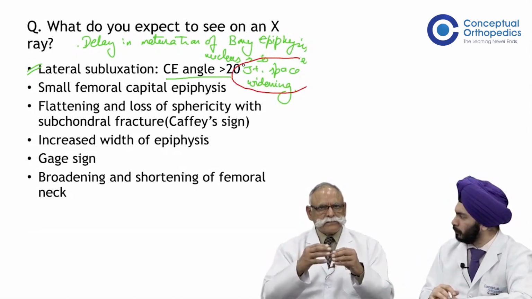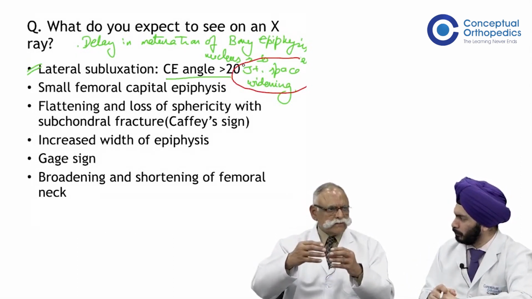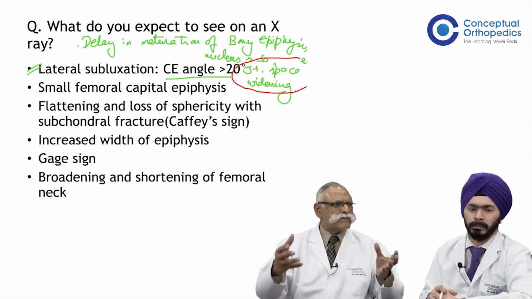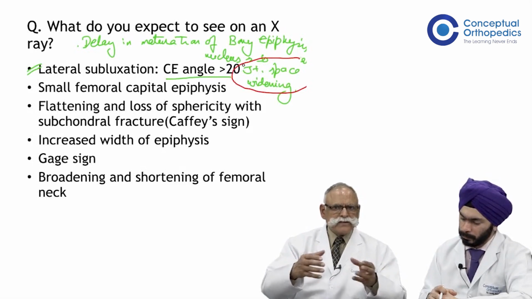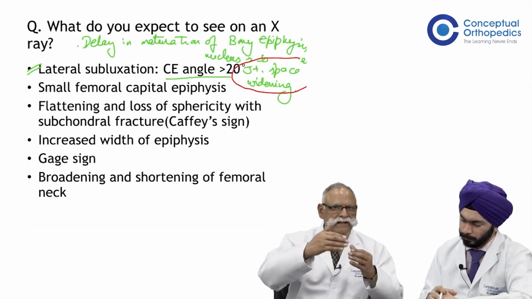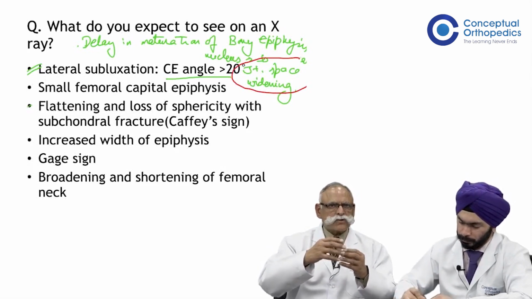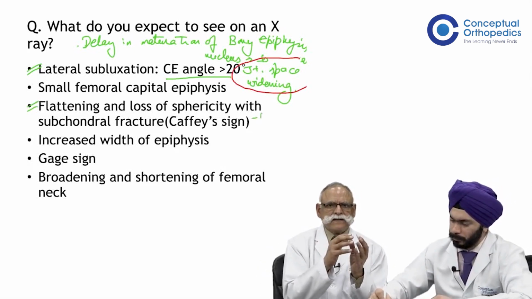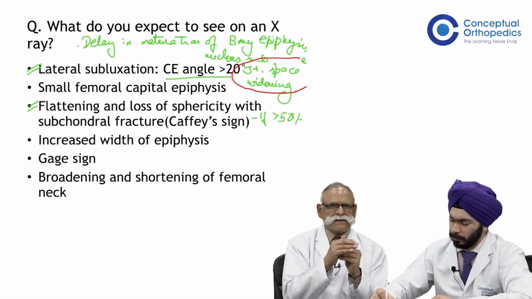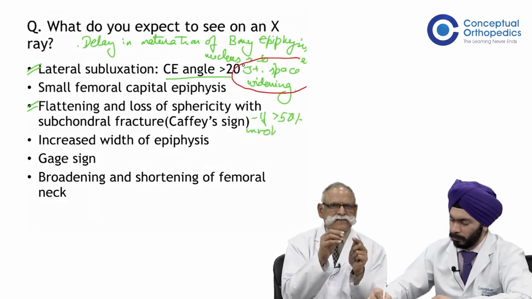And then as it goes on, involvement becomes more than 50%. Then you start getting involvement of the femoral head with flattening. There is loss of sphericity with subchondral fractures. That means there is subchondral fragmentation,